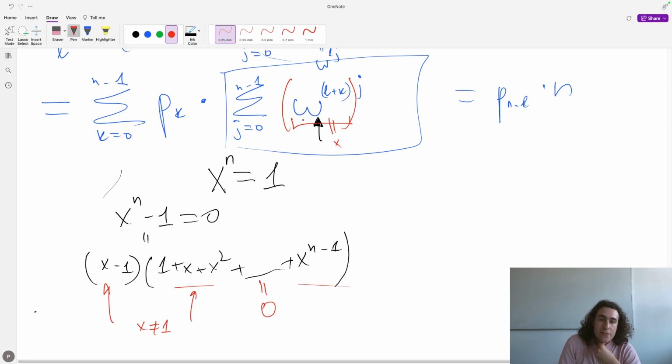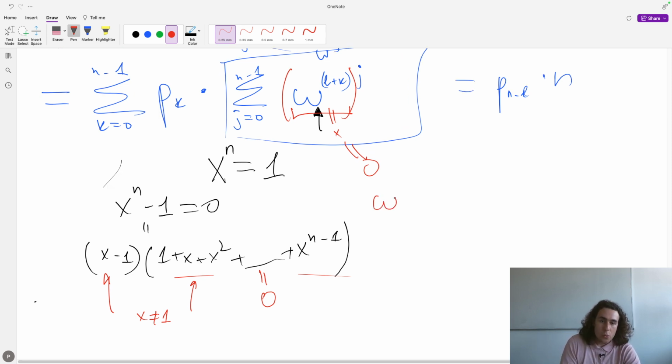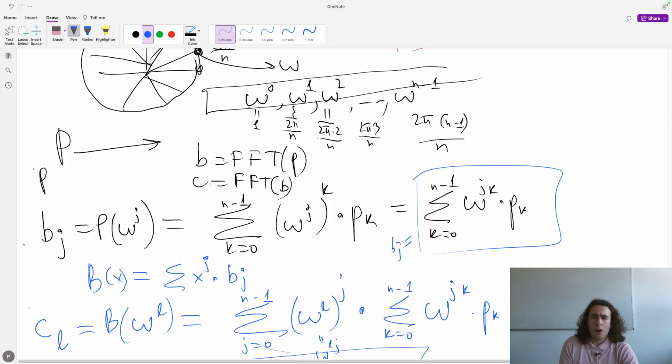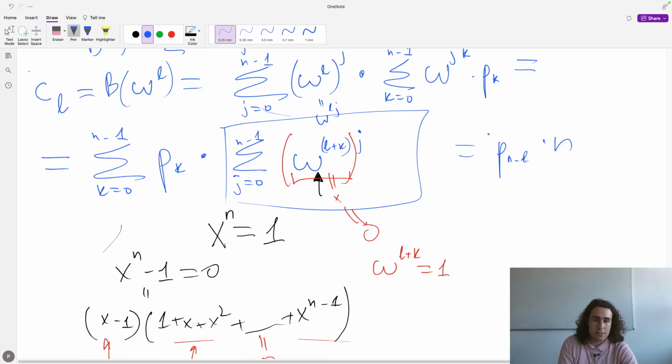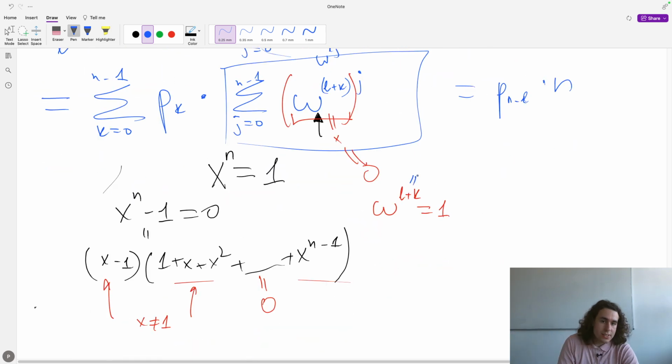So we know that if this value is not 1, then all the sum is just 0 and we can just forget about it. So we only care about the case where omega to the power of L plus k is 1. What does it mean? We know that omega to the power of 0 is 1, omega to the power of n is 1, so we take the power mod n. So we want this to be divisible by n. So it's true then L plus k is divisible by n,